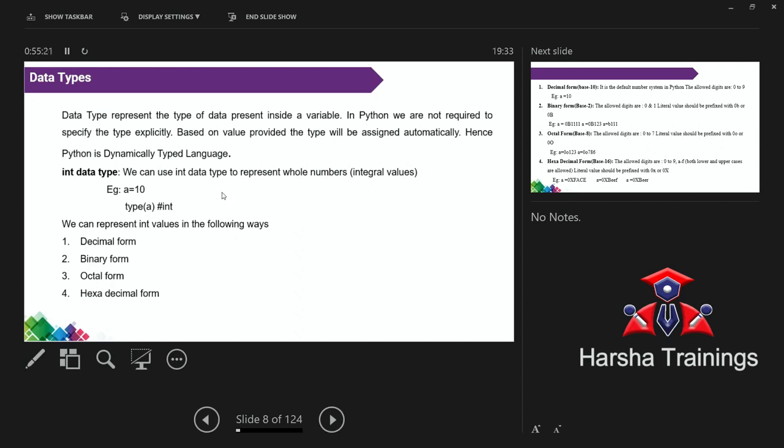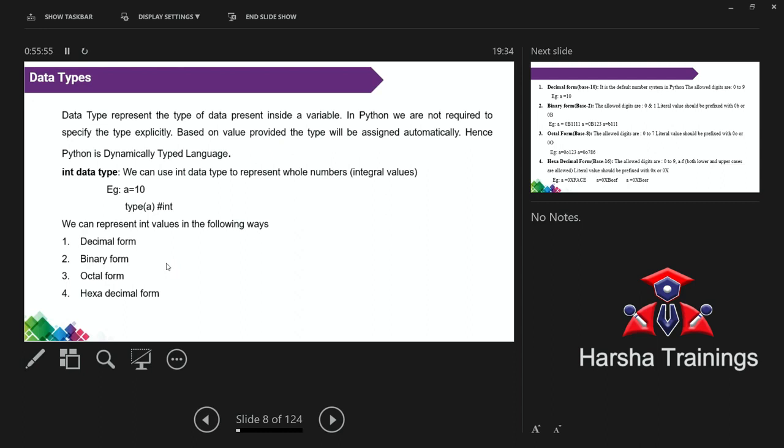Now, first we will move to integer values. I think everyone knows this one. Generally, by default, which number format are we using? These are the different types. Here I am writing 4. These are the 4 different types of integer values. Remember, this is not an introduction. This is the main thing in Python. Once you have to do the projects, these are the compulsory part. So coming to integer, these are the 4: decimal, binary, octal, and hexadecimal number.